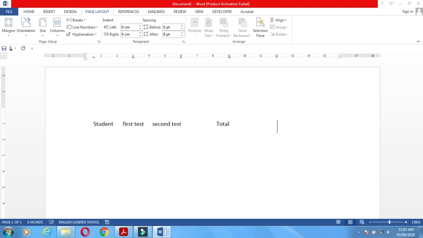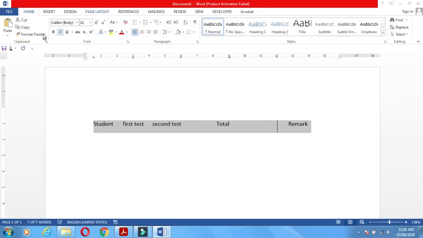You can come here on the bar tab. Here you can write remark. In this way you can make the 5 tabs, means 5 spaces. Understand?